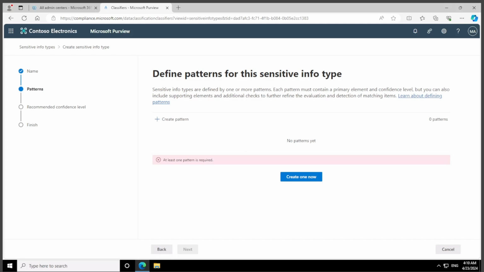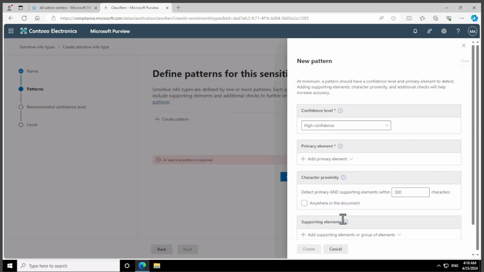Now, within the next page, it prompts us to define patterns for this sensitive information. Now, sensitive information types have some patterns, and each of these patterns will have to contain some things, such as primary elements and confidence levels. But of course, there are other things we can include, like we can include supporting elements, we can include additional checks in order to further refine the evaluation and the detection of patterns that are matched. So in this case, I want to go ahead and create a pattern. I'll go ahead and click on create a pattern,